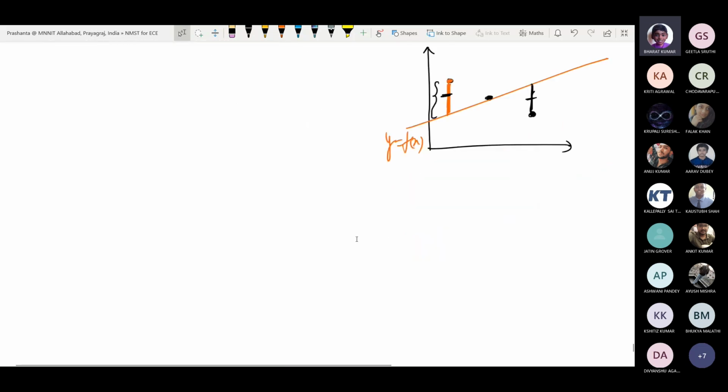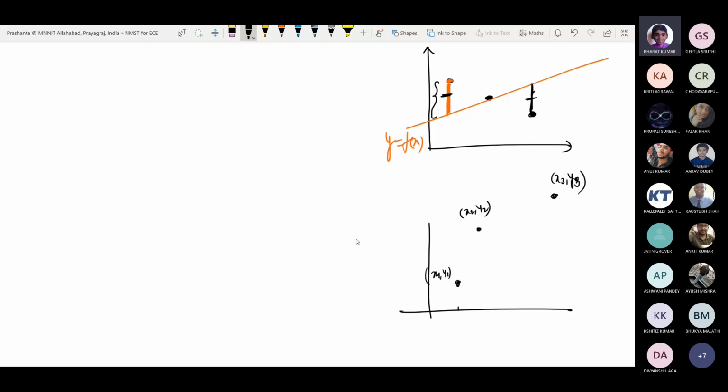Suppose, let us take for the time being only 3 data. So let's say the data points are, I'll tell you the technique how to calculate that total error, and further discussion will be done in the next class. So the data points are, suppose this and this. Obviously they are not collinear and some amount of error is there for the first data. So the first data is x1 y1, second data is x2 y2, and third data is x3 y3.